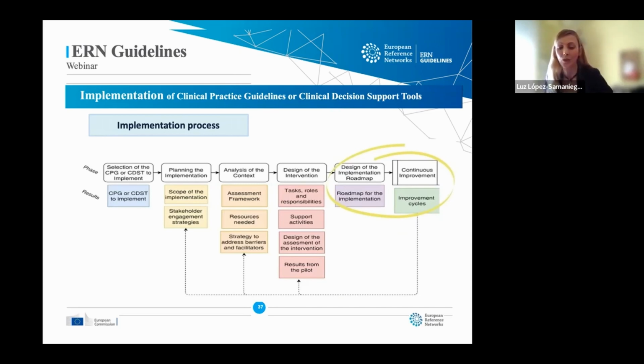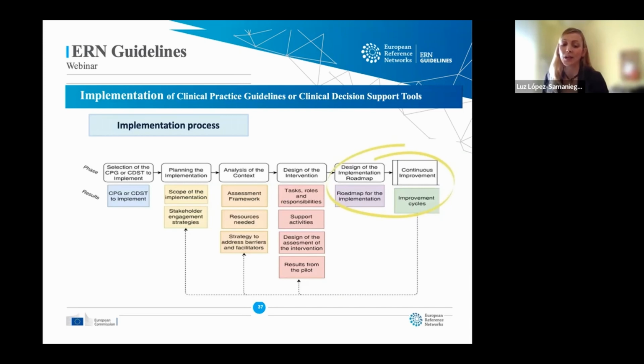Phase 3 would be the analysis of the context. The result of this phase shall be the assessment framework. That is a pragmatic method that will be used initially within the baseline assessment phase and will be the basis for the implementation monitoring and subsequent full deployment, including structure, process, and outcome indicators. Another result is the